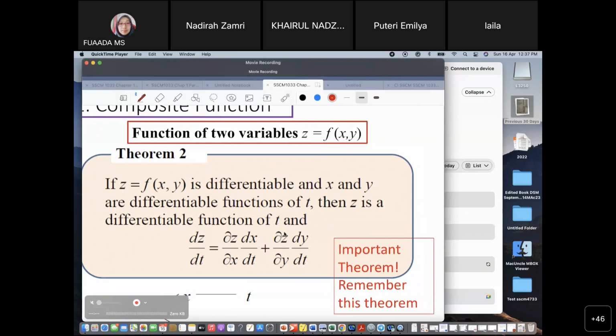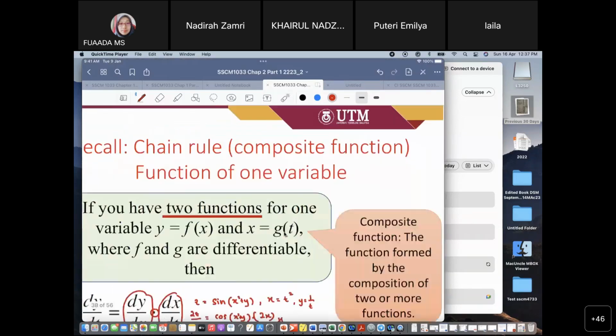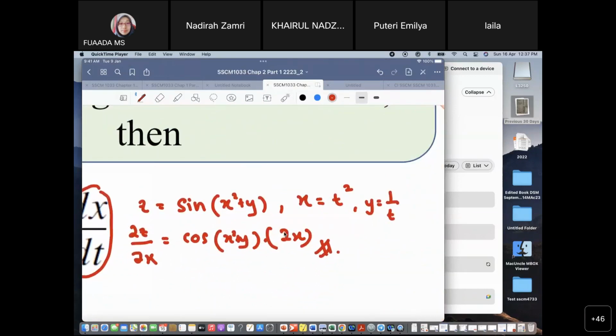Contoh macam saya bagi tadi lah. Macam saya bagi tadi. So Z is defined by X and Y, but X and Y defined separately in terms of T. So macam mana you nak dapatkan dia punya partial derivative? So to get that,